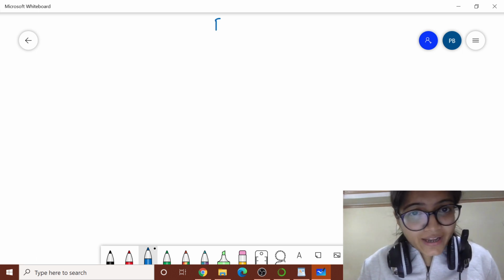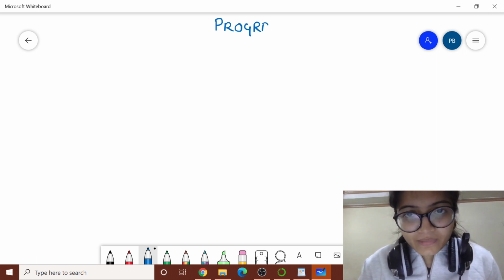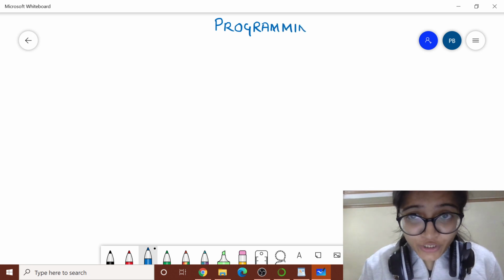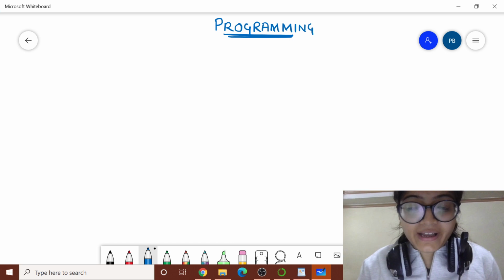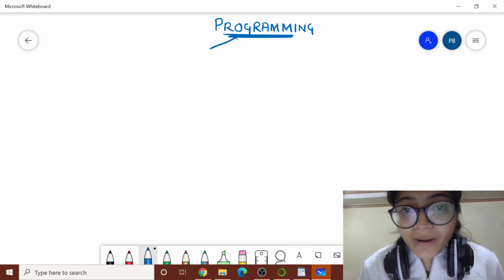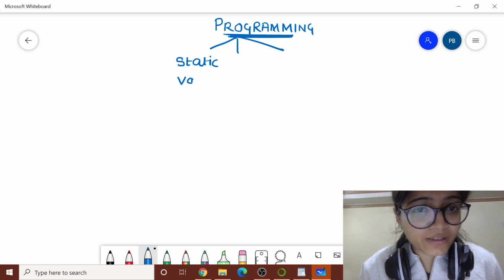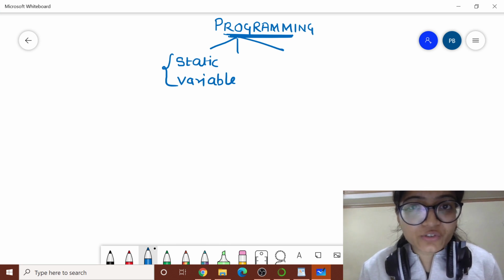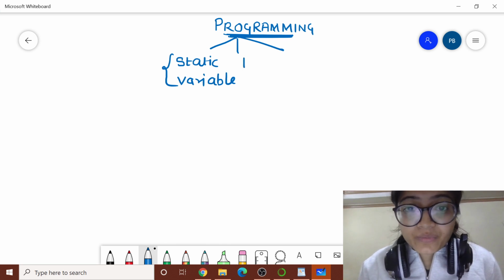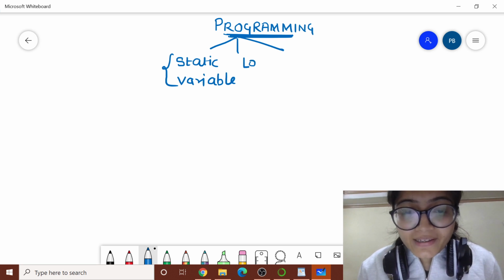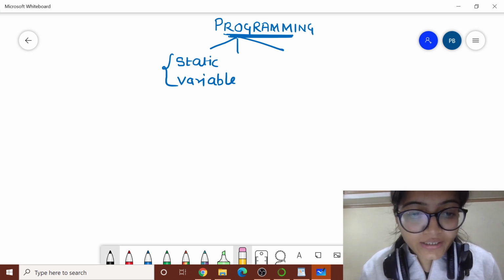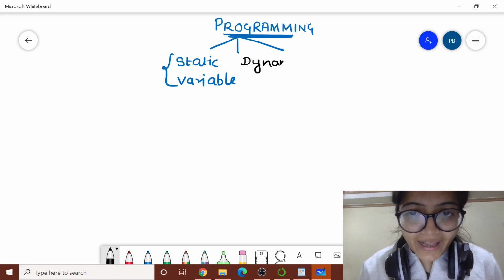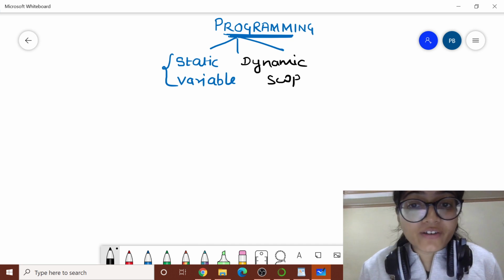In the very next part, I am starting the programming part. Now what is this programming part? I'll let you know in this video, so that in the very next video I am able to start or progress with you all. In programming part, we will discuss something about what are the static variables. Many people get confused here. I don't know why. Whenever output based questions come, they are very confused about what is the static variable. They are confused about something called dynamic scoping and static scoping. I will cover this part also.